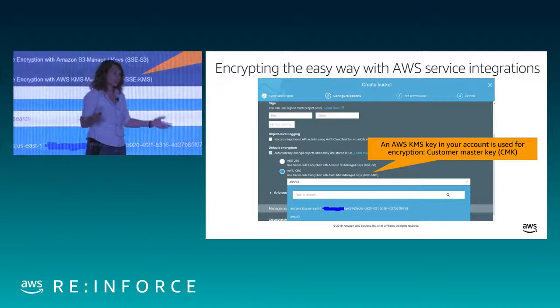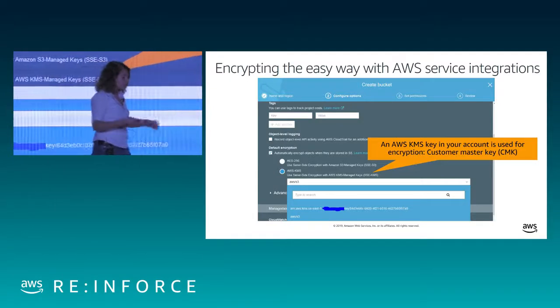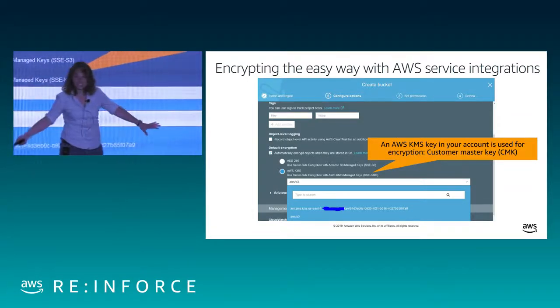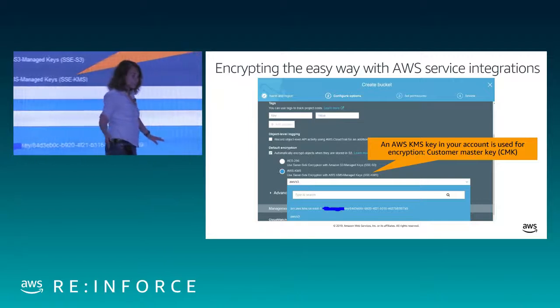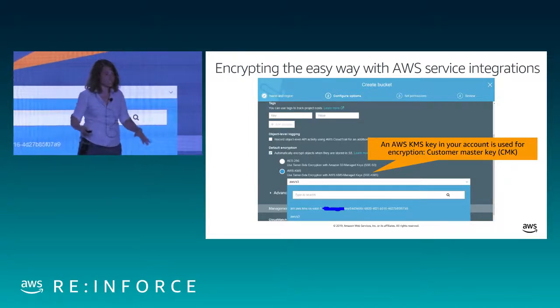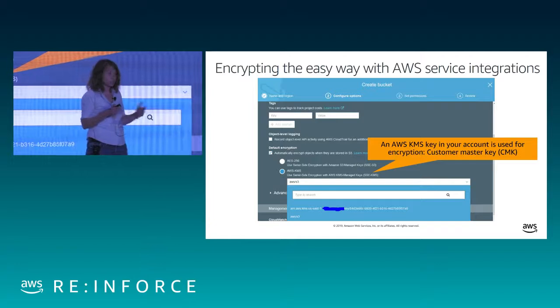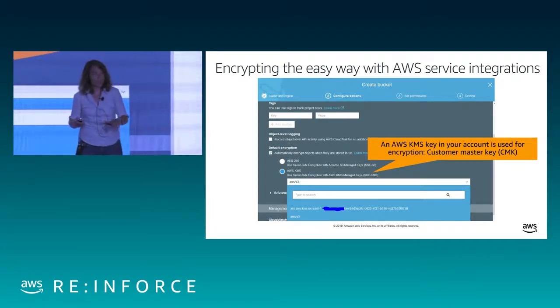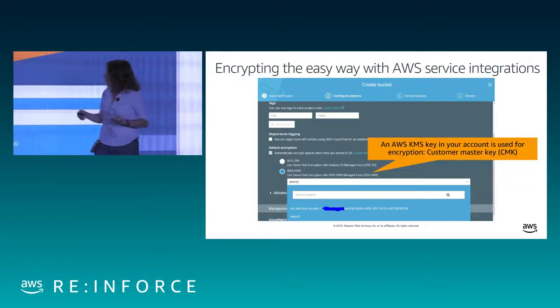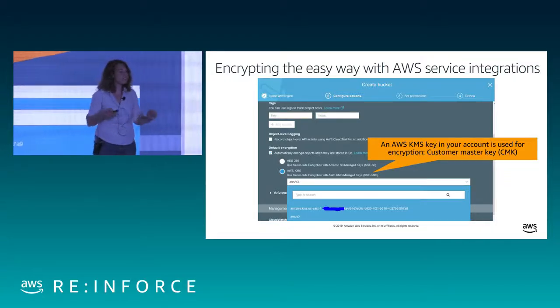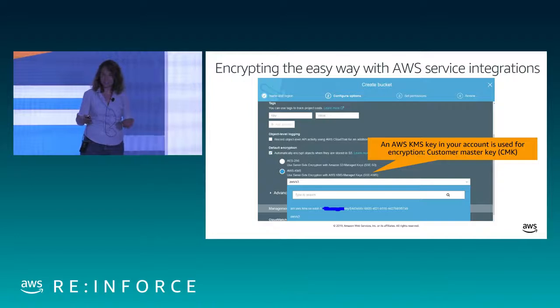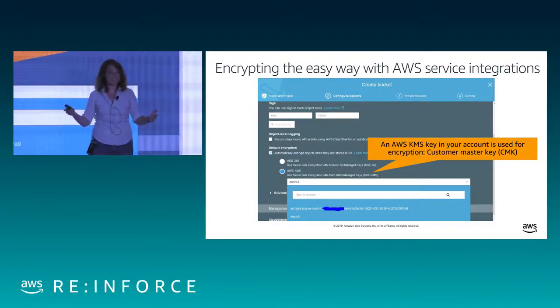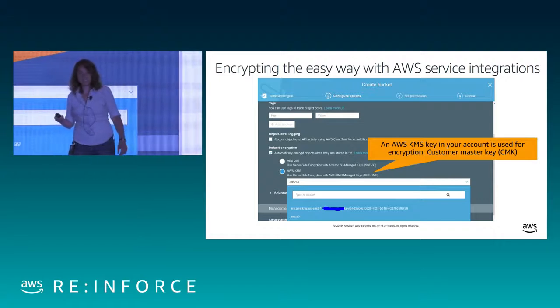That's a key that just automatically gets created in your account. It's got a policy on it that unilaterally grants access to all principals in the account, because the assumption is if you're using this key, you want everybody inside the account to be able to decrypt it. It's keys that are specifically to your account. And then you have this other option called a customer managed key, a CMK. There's another acronym that you might see. And for a CMK, you give it the GUID, the identifier of a KMS key in your account.